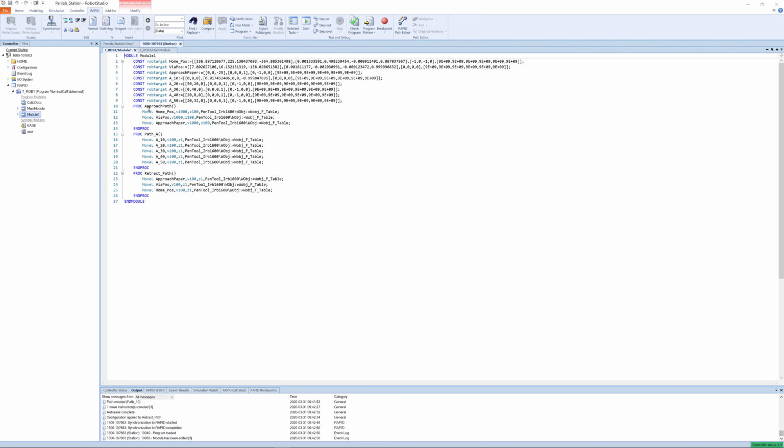So what we have here, we have the approach path with the move L all the time. Actually, that is working here, so we don't change that. We have velocity 1000, Z100, which create these nice motions when we have corner points and so forth. We have the pen tool. So we skip the rest. We just see it home pos, via pos, approach paper, and then we move along this here. So that's not a problem at velocity 100, and with the zone set 1, and we have the retract path in the same manner, and